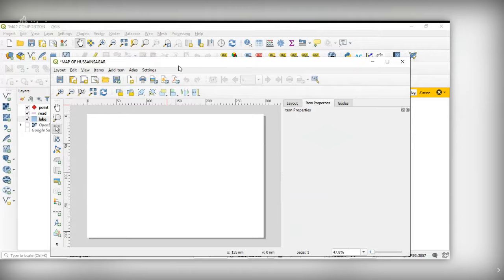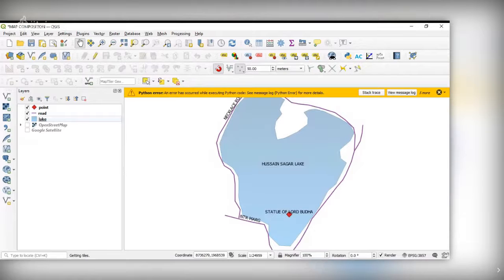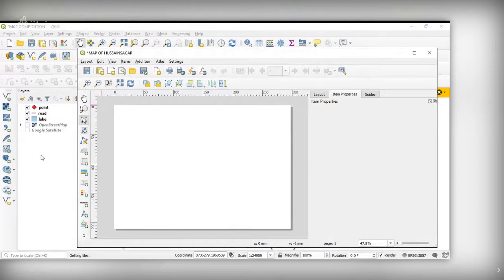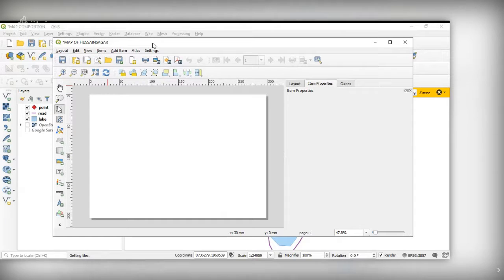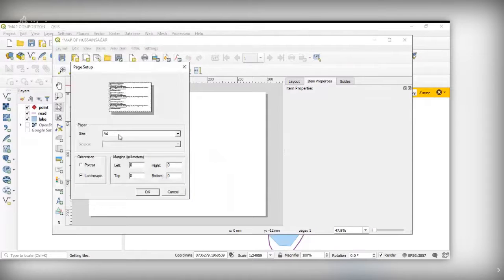So now we have two different windows. This is your data window, and here is the map window. Data window is in real world coordinates, and map window is in page coordinates. So what is the size of the page you are making? Now you can define the page setup. Go to the page setup. Here we have different sizes, A4, A3, A5, and all those. For the convenience, for this exercise, I'll take A3. Landscape or portrait, I'll say landscape, and say okay.